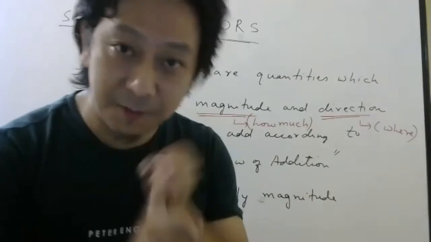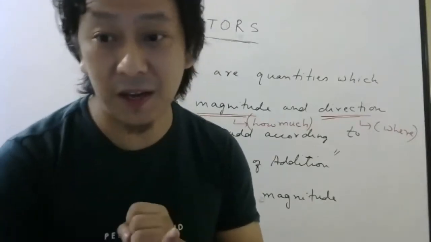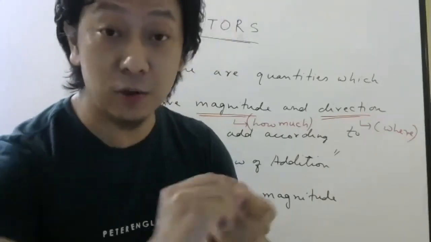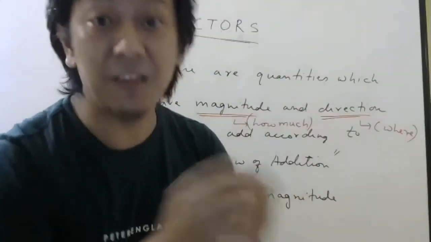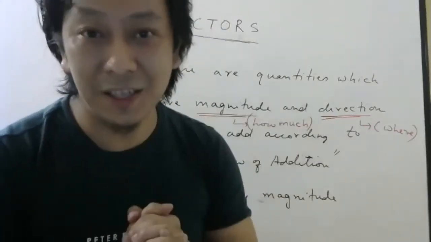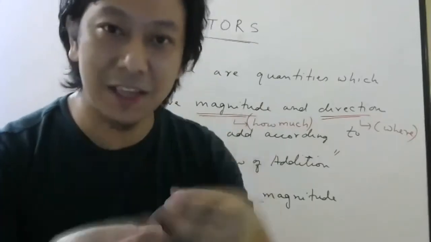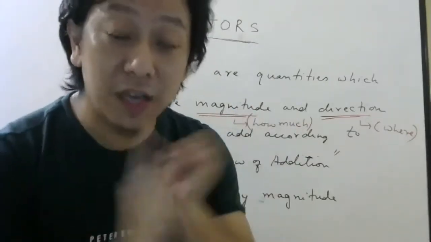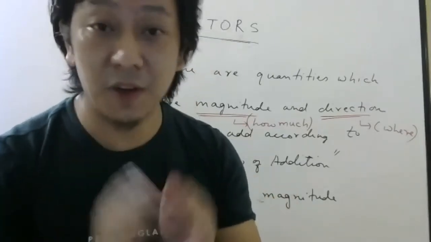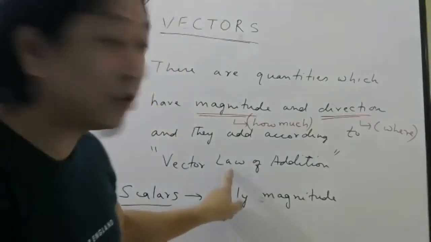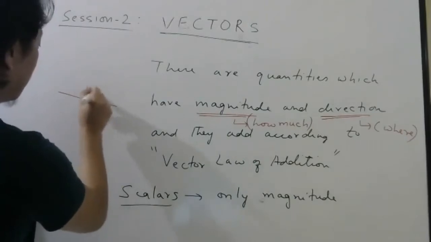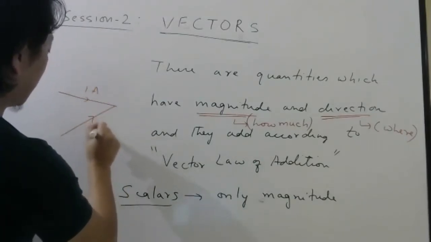So current has magnitude, 1 ampere, 2 ampere. It has direction also. It goes from positive terminal to negative terminal. About current, we will study in second PU. Don't worry. If you have forgotten a little bit in class 10, it doesn't matter. I will teach everything in class 12, not now. So current has magnitude, current has direction, but still it is not a vector because it doesn't add according to this law. Meaning, imagine from this wire, 1 ampere current is coming. In this wire, 1 ampere current is coming.